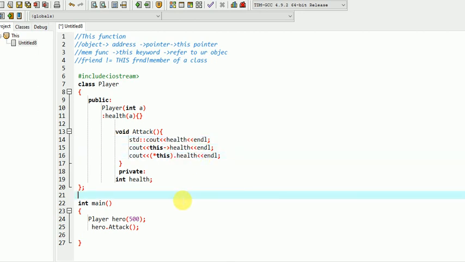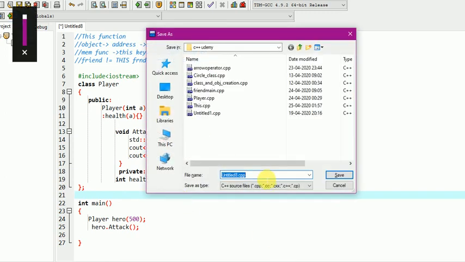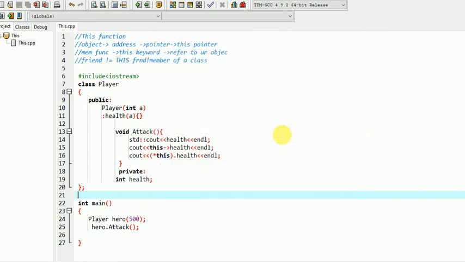Let's see what the output will be. If any error occurs, we will try to rectify it. Let me save it as this.cpp.